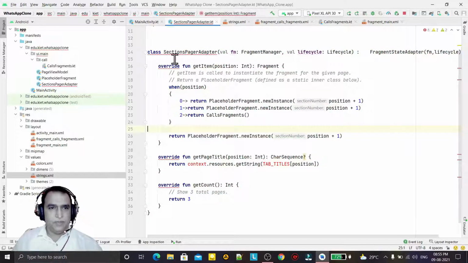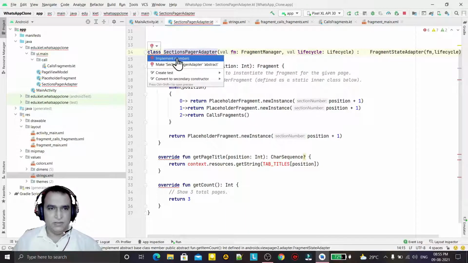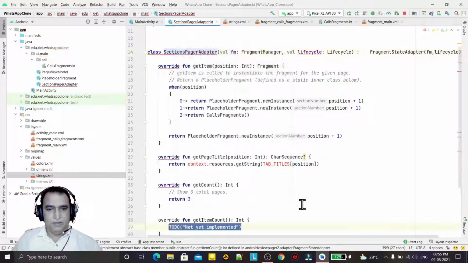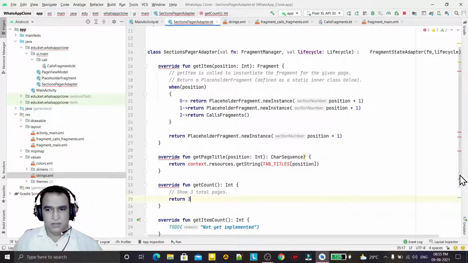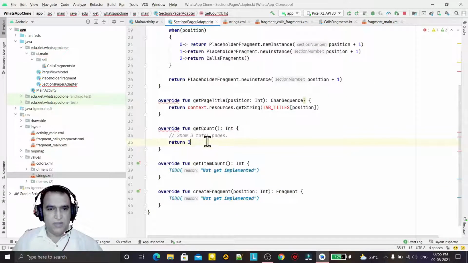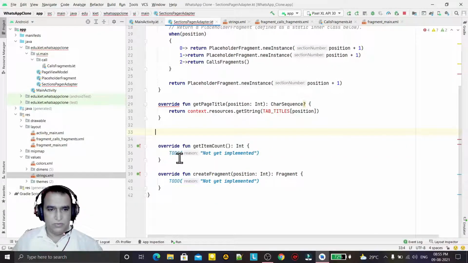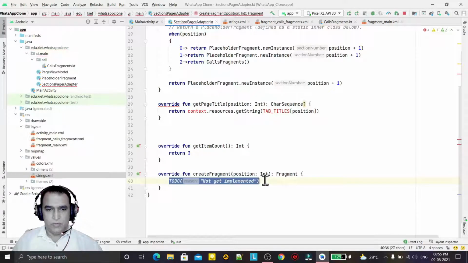So now I will implement the methods that are available in this. To implement the methods, just select all, and you see we have getItemCount. So here I will return 3. The same way, here I have to use my code. What code? This one.